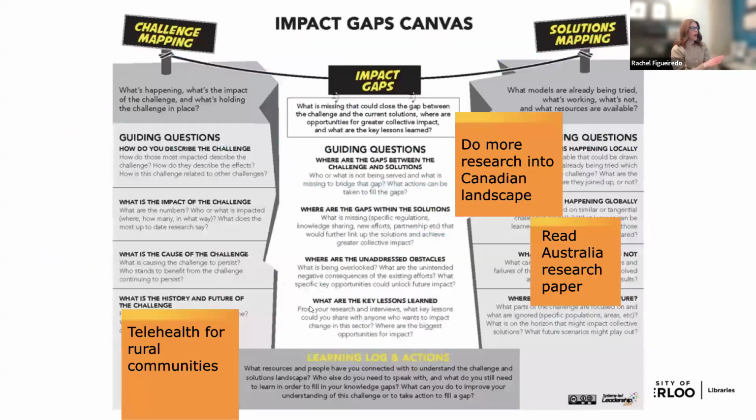So throughout these slides, I was able to find some information about a paper from Australia where they had particular examples of like a telehealth service that was being used in a rural community. So again, I might start engaging with this solutions mapping side of the page, giving myself sort of to-do lists and asks here. And so many of you using digital tools might think about how you could integrate some kind of notes throughout so that as you are reading research papers, you're kind of keeping track of what you found so far and where you need to go next.